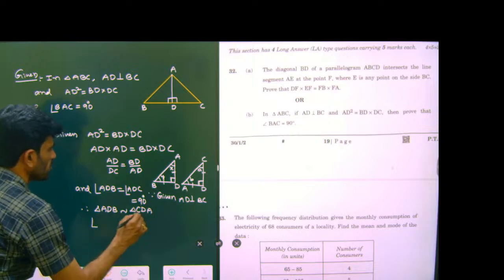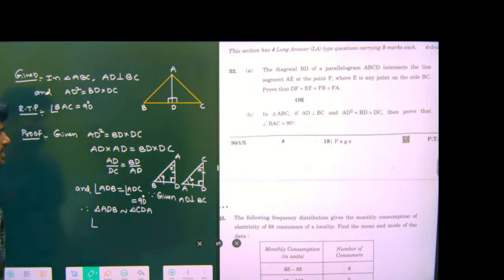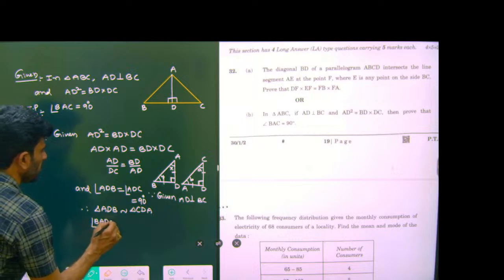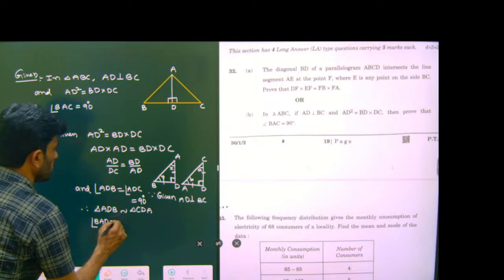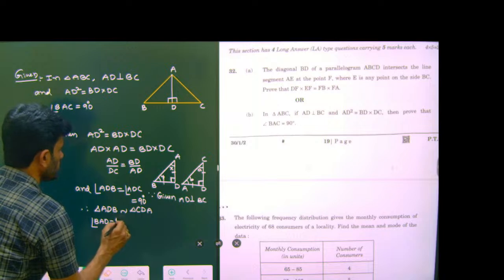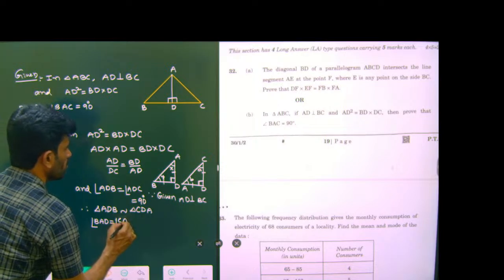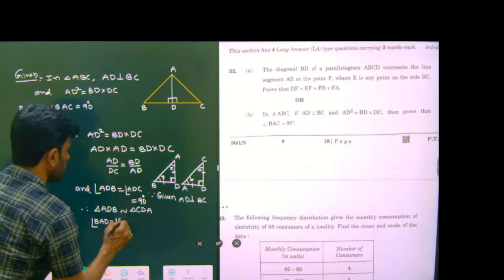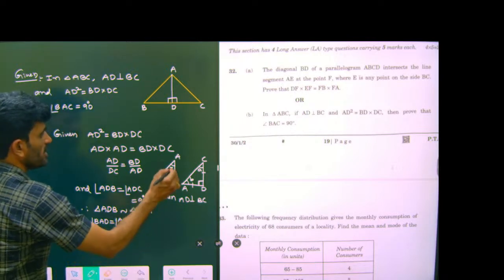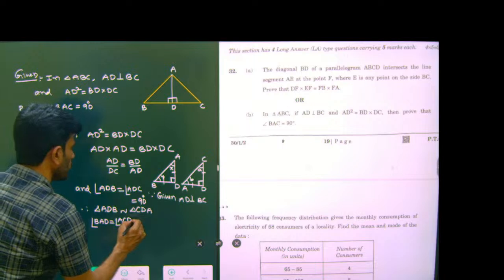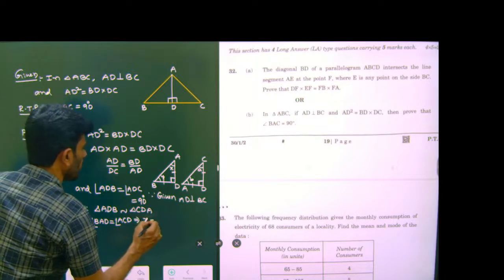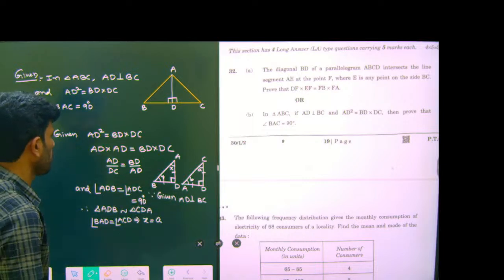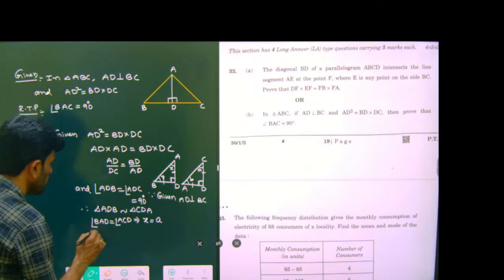You write here, because two triangles are similar, corresponding angles are equal, corresponding parts are equal. So angle BAD is equal to angle ACD. That means X is equal to A. And one more, this part, angle ABD is equal to angle CAD,